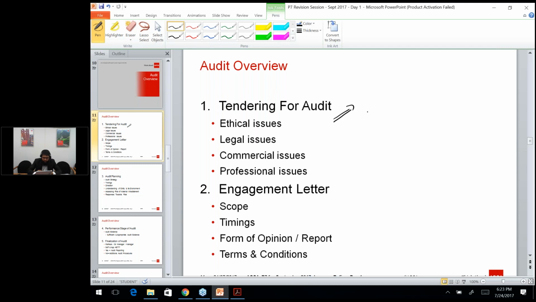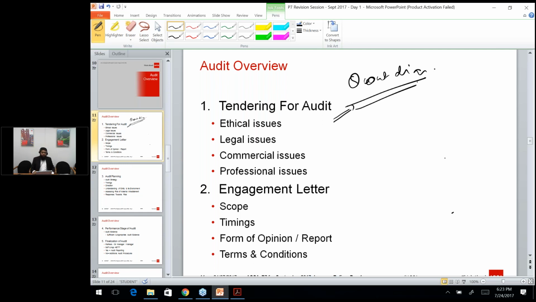The auditor actually comes into play when a client wants to appoint an auditor, and the client seeks a quotation from you as an auditor, saying that we would want you to perform the audit of our firm or our company, and we would want a